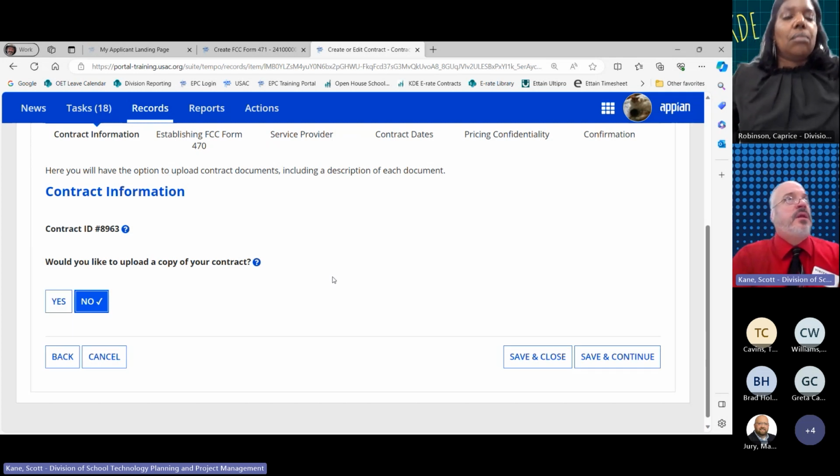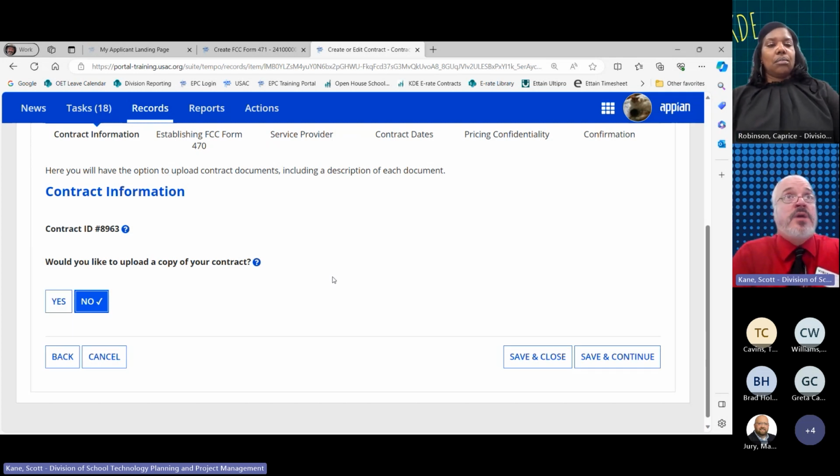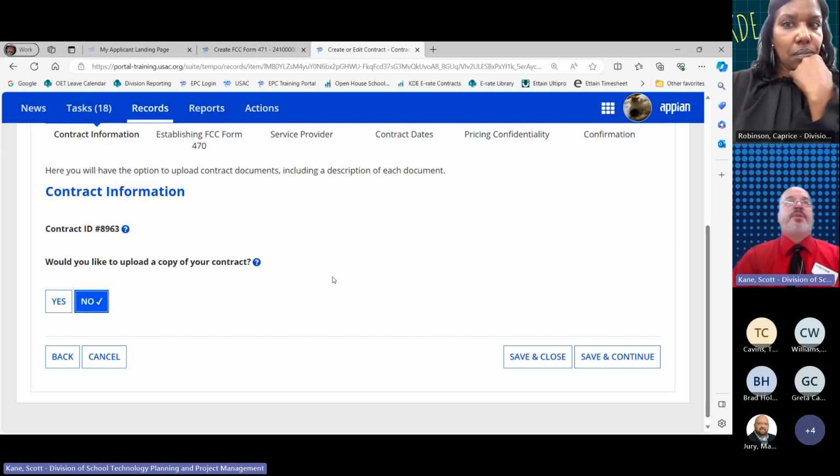I do recommend that you go ahead and upload a copy of the contract, because if this is the first year of the contract, somebody's going to look at it and they're going to be checking dates and so forth, service type, making sure that it matches with your funding request. They're going to ask for it anyway. So if your local rules allow you to upload that contract, I highly recommend it to save a step in the process.